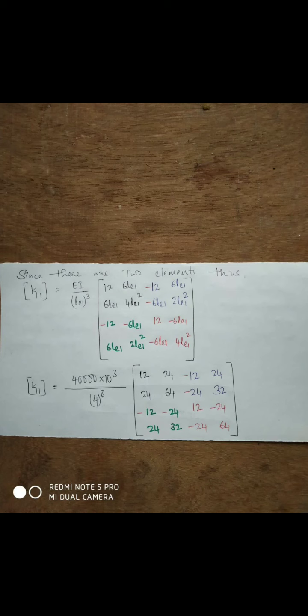Next, you students have to do like this. Simply copy these 4 numbers 12, 64, 24, 24 and write it as the next set of numbers which has been shown in this sheet in red color. To write the next two sets of numbers, the only modification you have to keep in mind is, instead of 4LE1 square, we have 2LE1 square, which is nothing but half of the number you already found out.